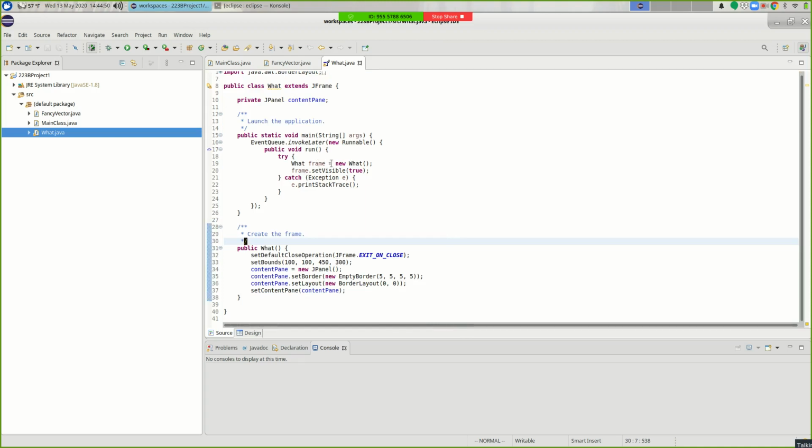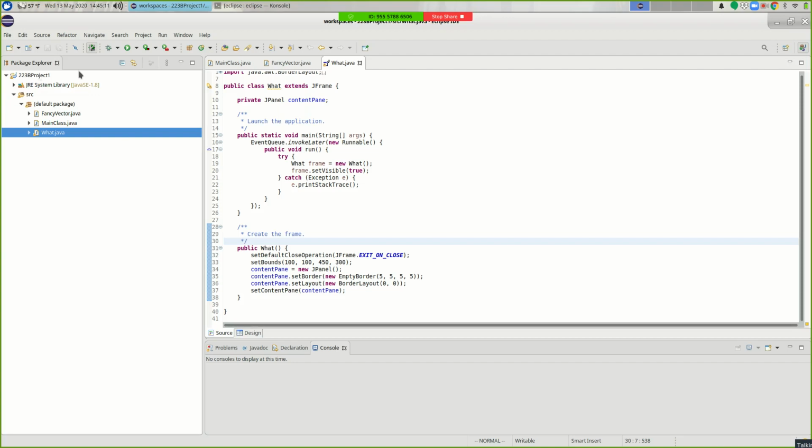that basically describes, makes a class that extends a J-frame. It creates a J-panel. It sets the bounds of it, and so on and so forth. Okay. And so that's what we're going to use for most of our stuff.